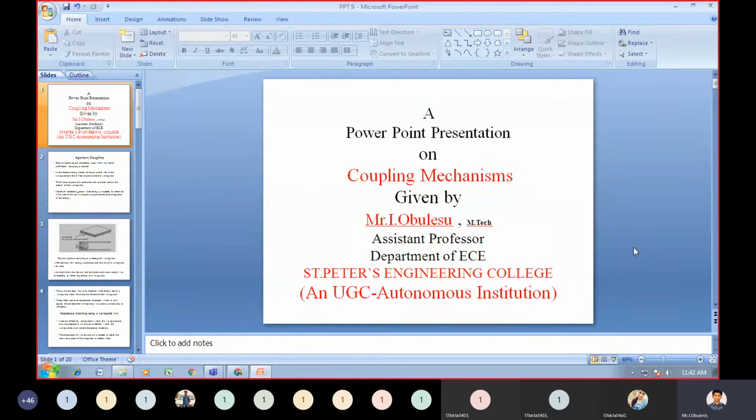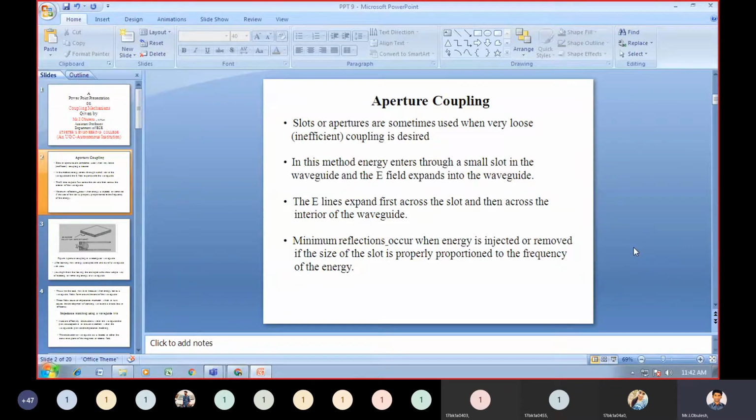One more mechanism is there, that is aperture coupling, or you can call it slot coupling, or another name for this aperture coupling is window coupling. Coming to this aperture or window coupling,